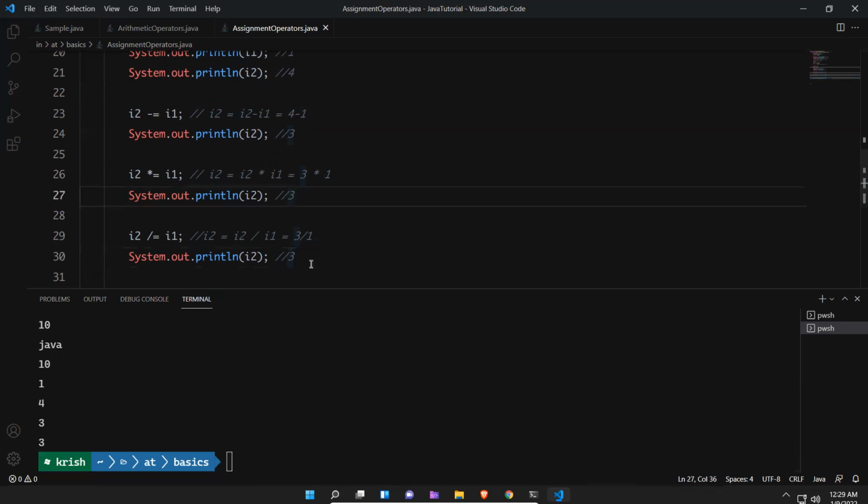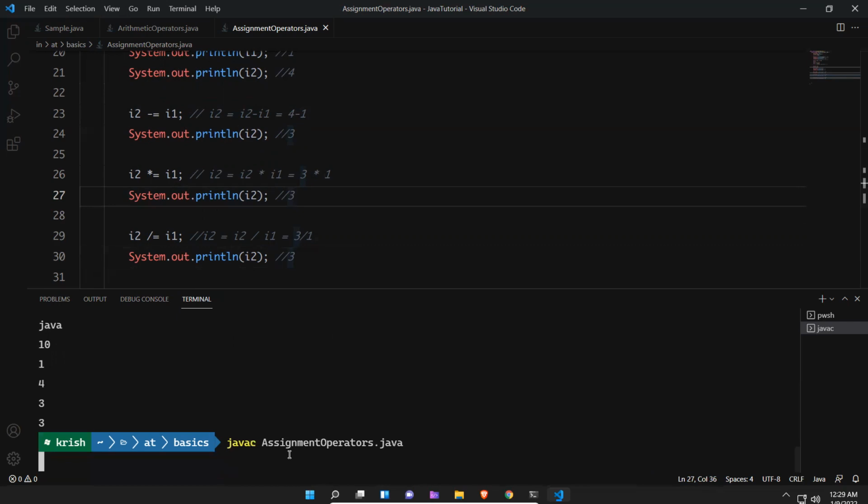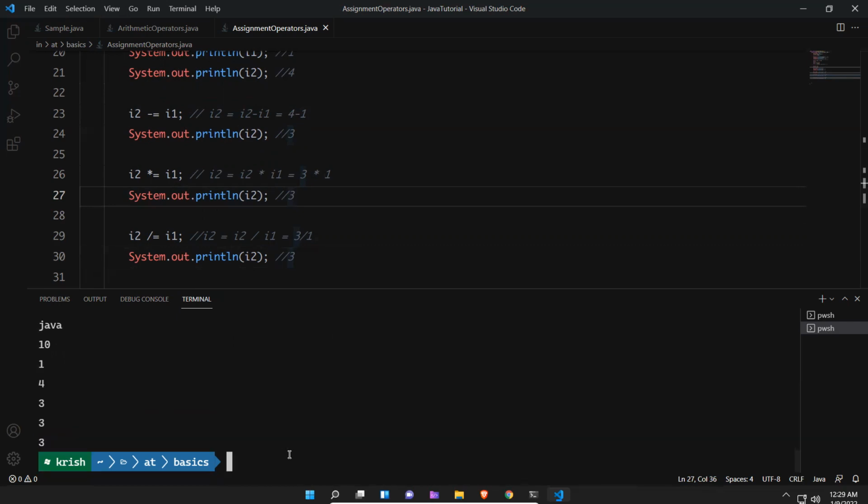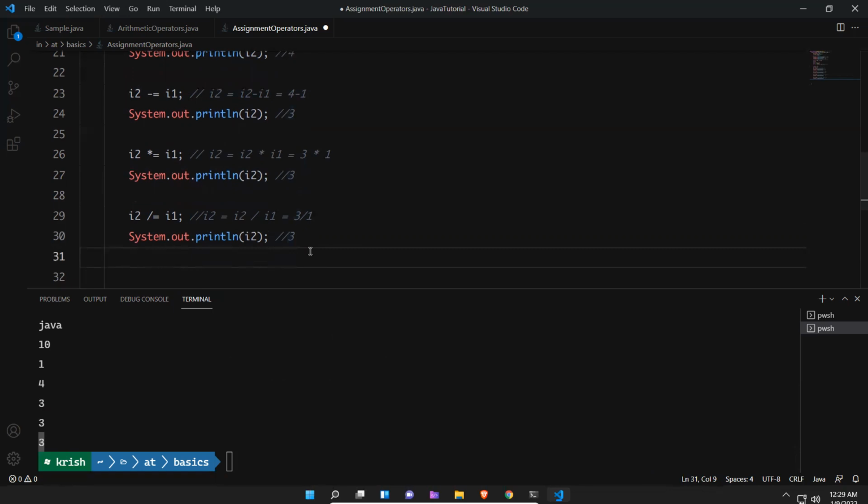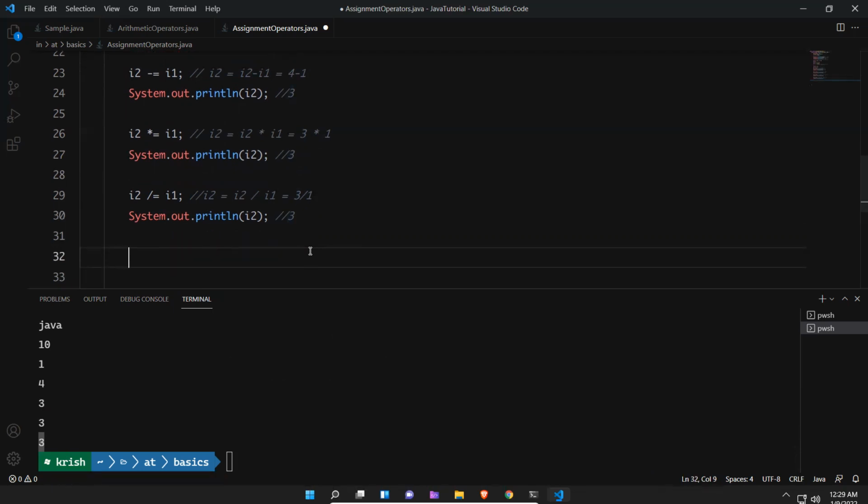Let me save this first and run this. Compile and then run. You see, again one more 3. Now we'll see the modulus. Now we'll change something.